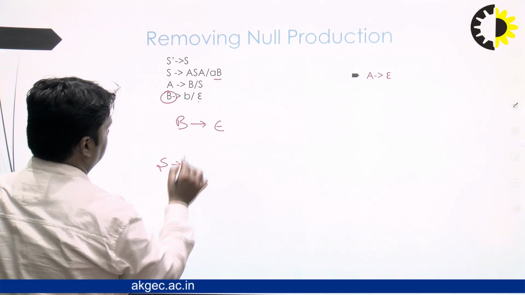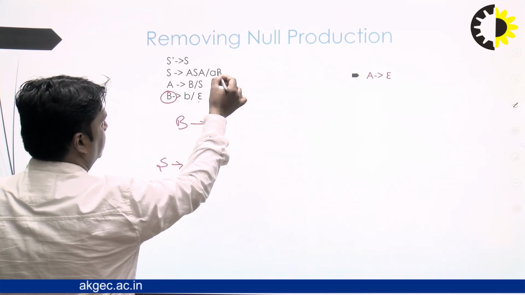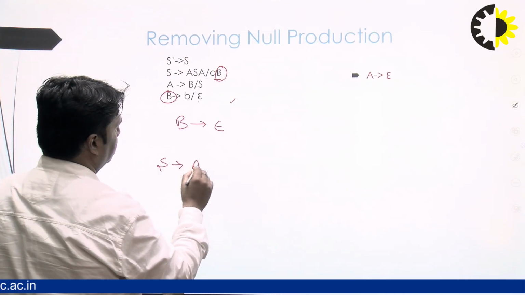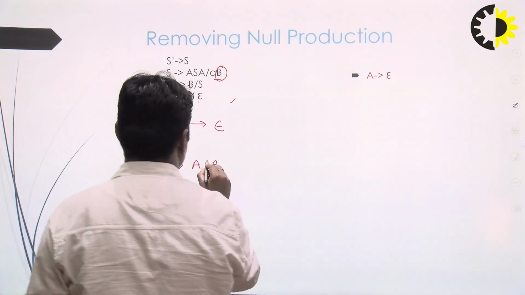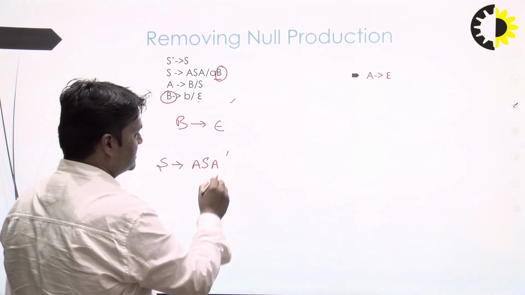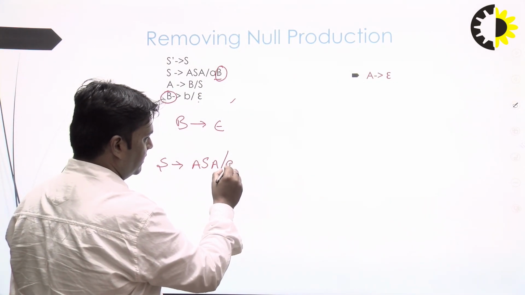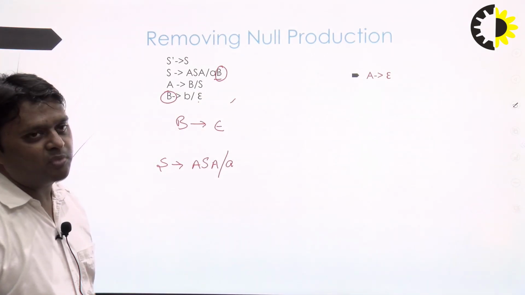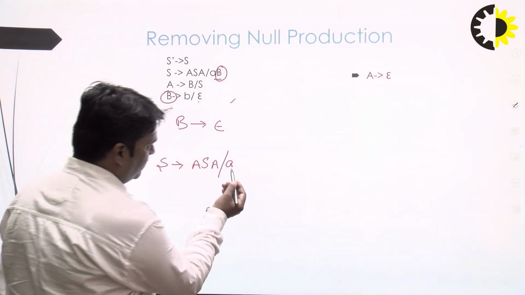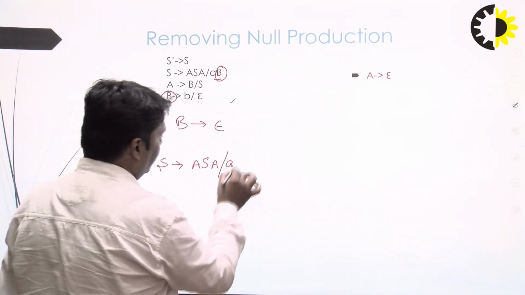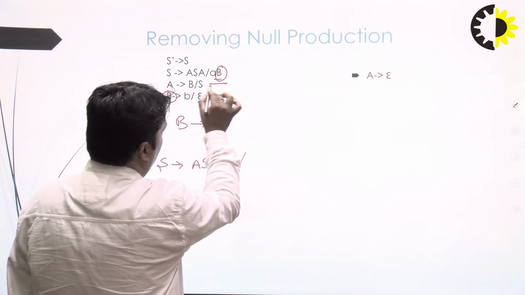Then we put epsilon in place of B, so it will be S implies ASA slash A, because we put epsilon in place of B and the remaining symbol will be A. And we have to write this production also,